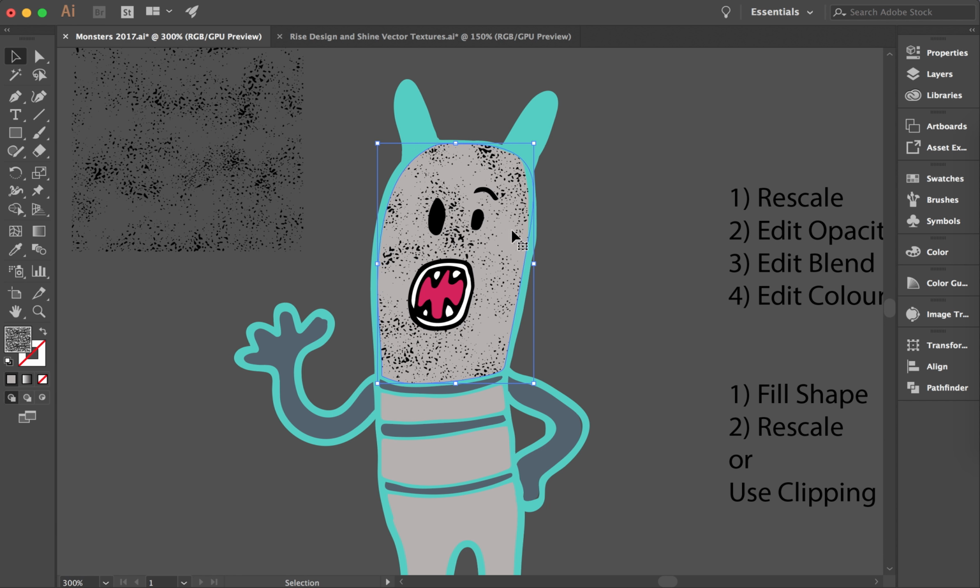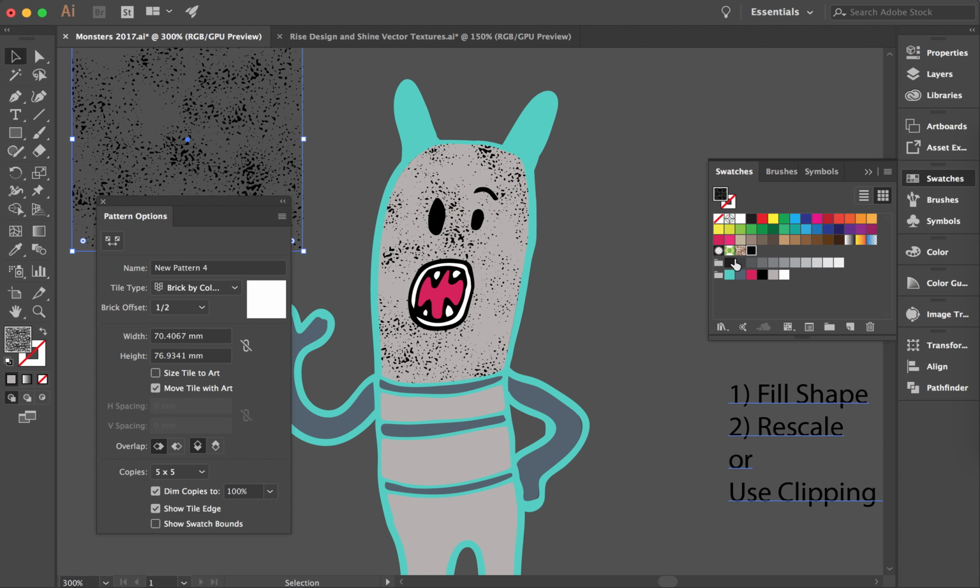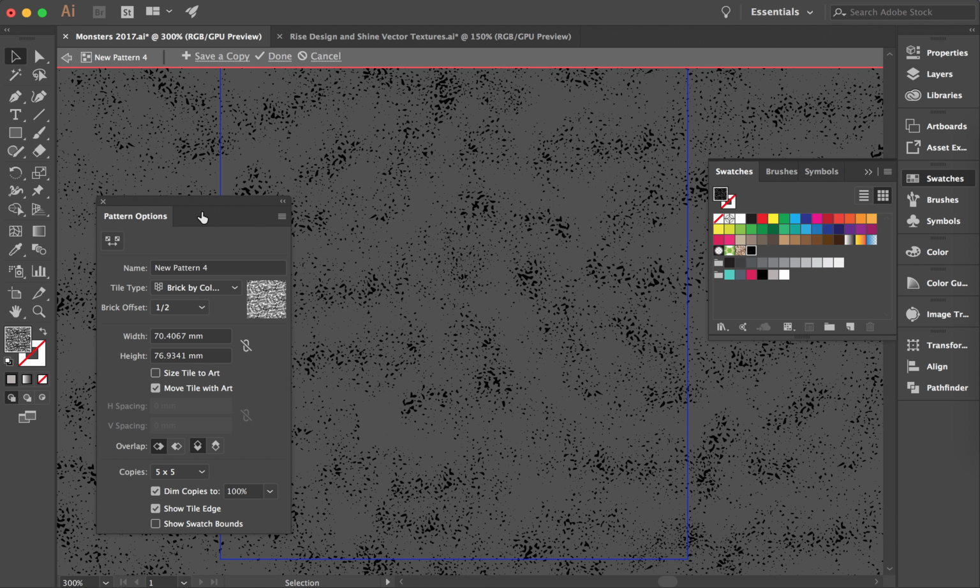Another option is to recolor the swatch. So now that I've pasted this tile, or this little block of textile pattern, it automatically goes into your swatches. So if I double click, it's going to open up into the pattern options, and that lets me actually access all the little bits and pieces that make up this texture. So I'm just going to do Command A to